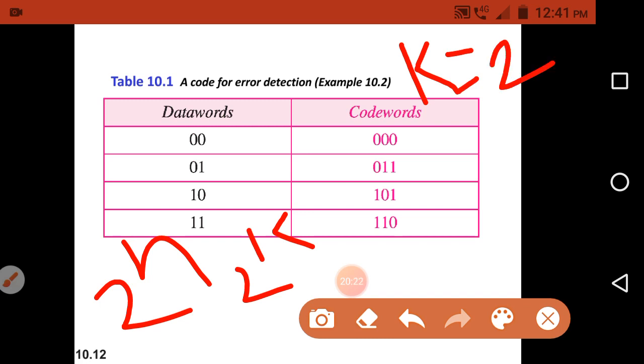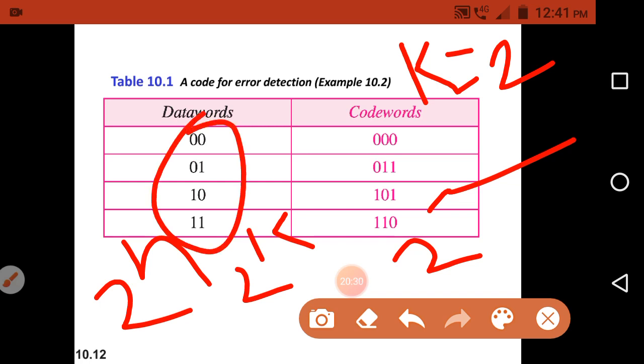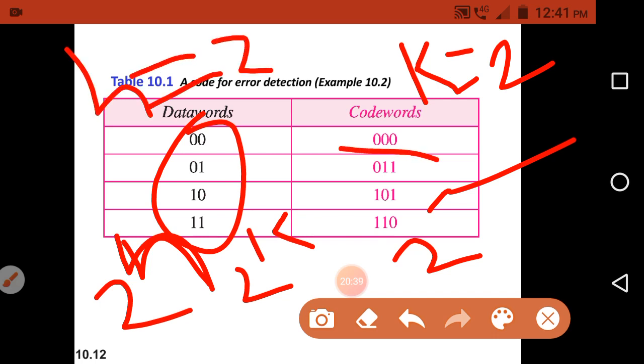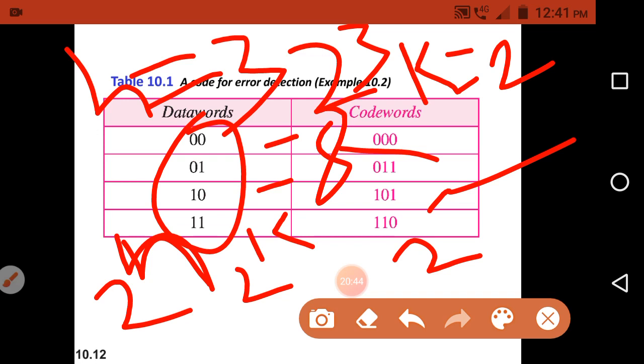So how many possible data words can we create? 2 raised to 2, that is 4. The 4 data words are present here. And 2 raised to n: what is the n value here, how many bits are present in the code word? That is 3. So how many code words can we create? 2 raised to 3, that is 8. So 8 code words. Because there are only 4 data words, I am using only 4 code words, but actually there are 8 code words present. So with k bits we get 2 raised to k data words, and with n bits we can create 2 raised to n code words.